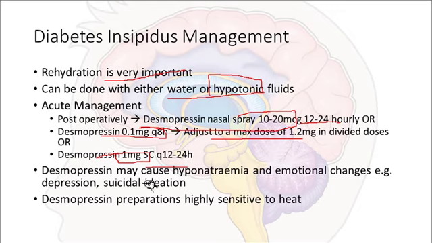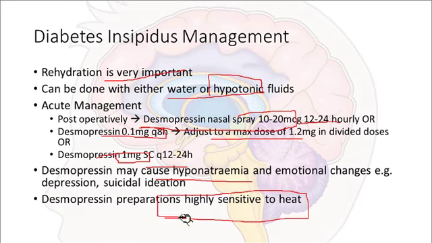Desmopressin may cause hyponatremia and emotional changes, so one must monitor the patient for the hyponatremia, right, as well as the potential emotional changes associated with it, such as depression and suicidal ideation. Desmopressin preparations are highly sensitive to heat, and therefore they must be kept with cold chain storage in mind as much as possible. I think other things to bear in mind is that oral desmopressin is useful in patients with